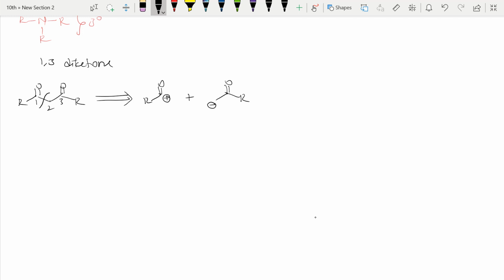So the equivalent reagent will be C. We know that the equivalent for this is RCOCl, or sometimes esters also we use, OEt or OMe. And here this is simply CH3 we can put, or one more reagent I have told, COR, here COOEt we can put. Because the protons at this position will be acidic. Two protons are there, both protons will be acidic.